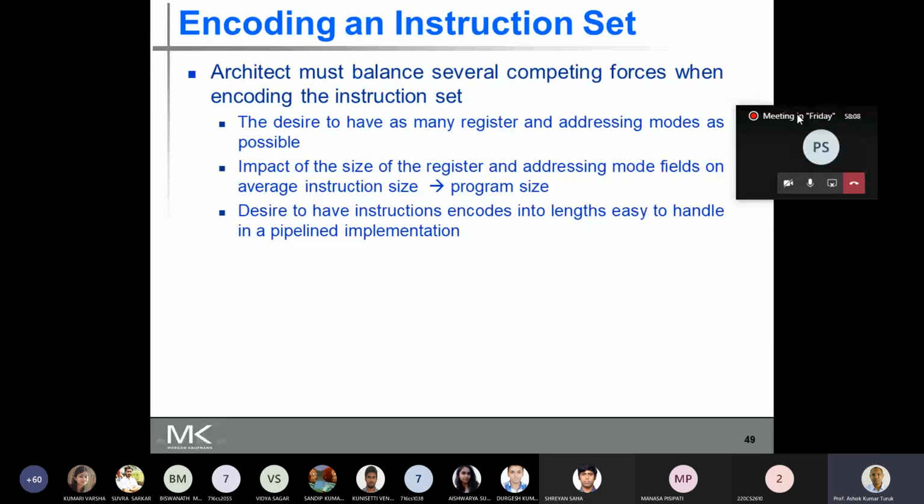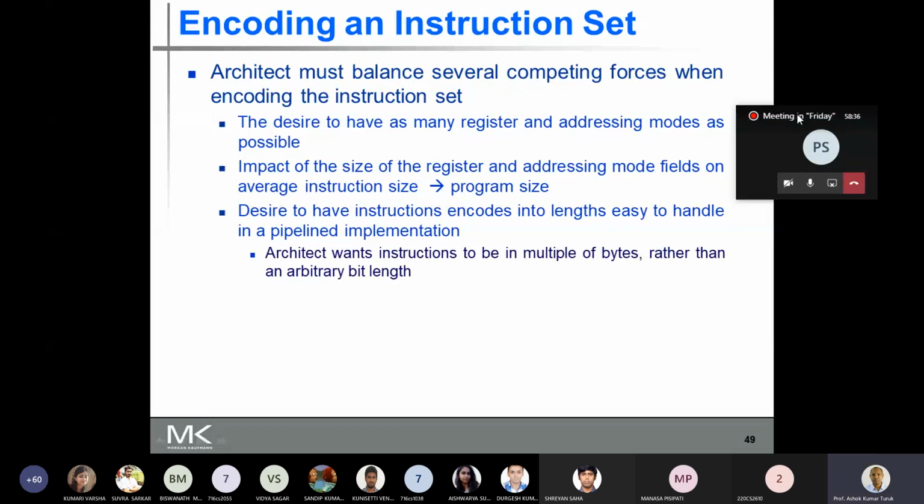So there is a question: do you go for a fixed length instruction or a variable length instruction? These are some of the factors the architect must balance: the number of registers, the number of addressing modes, the size of the instruction length, and whether you want variable length instructions or fixed length instructions.